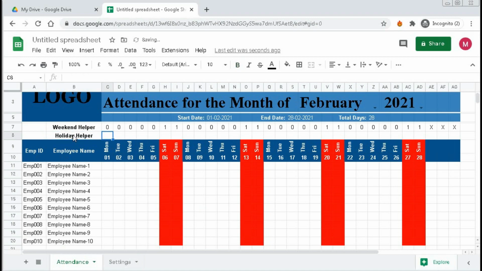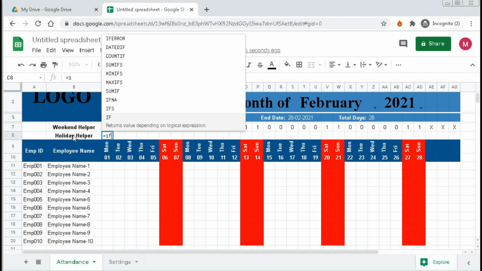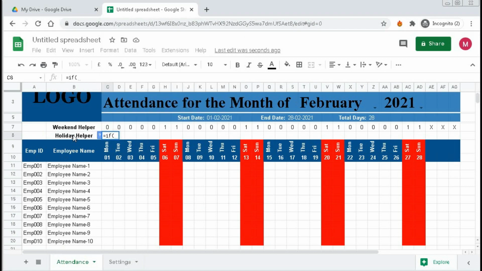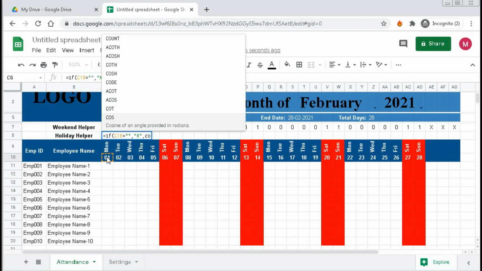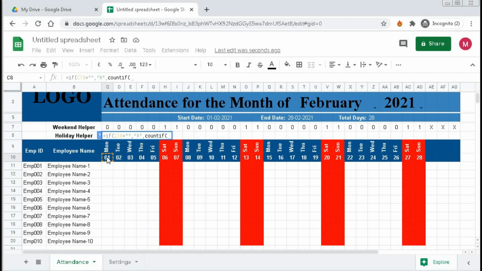So here again we'll use equal to if, bracket open, this cell equal to blank, then X, otherwise COUNTIF, bracket open, our range will be holiday list.